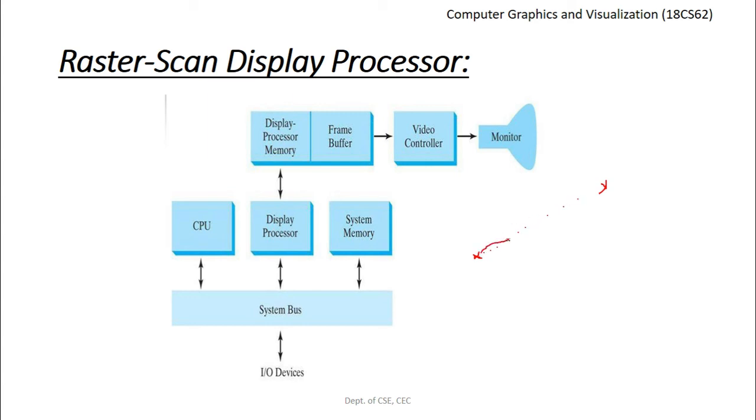So all the points that lie on this particular straight line, just imagine that is a straight line here. If I have a straight line something like this, we have the position of the start point and the end point, and all the subsequent points that are lying on this straight line should be identified. So that process is an example of scan conversion. Okay, so that is one example.